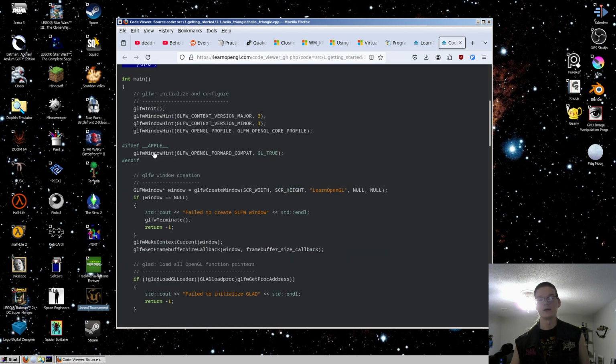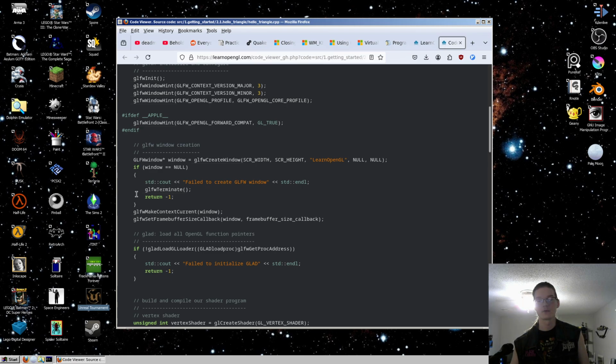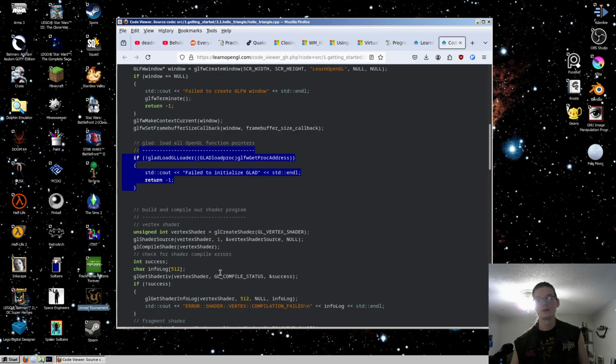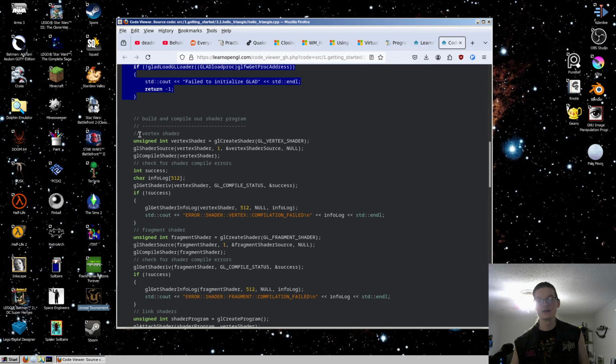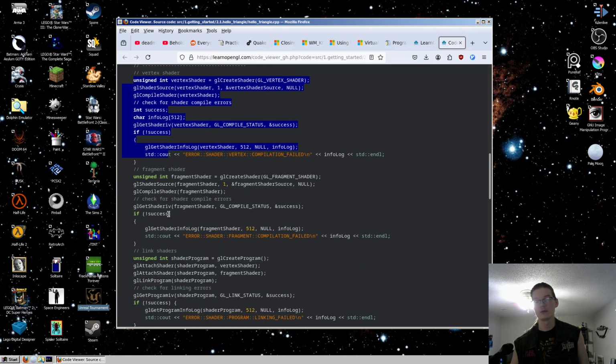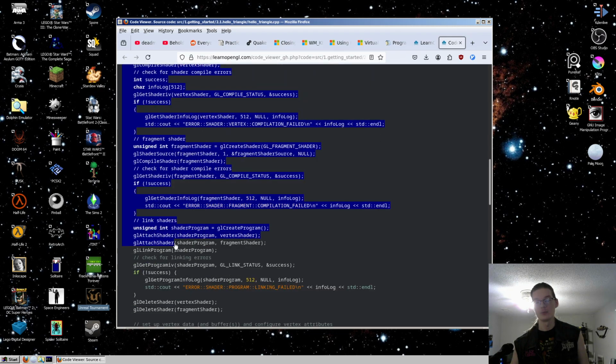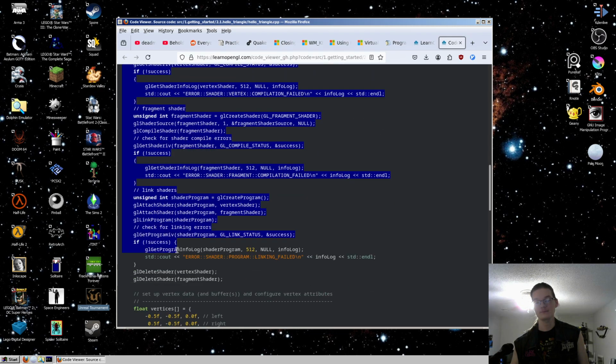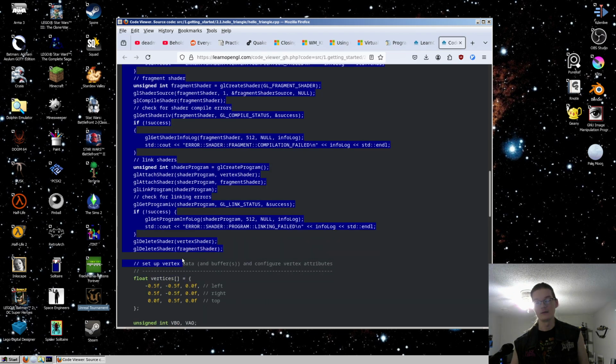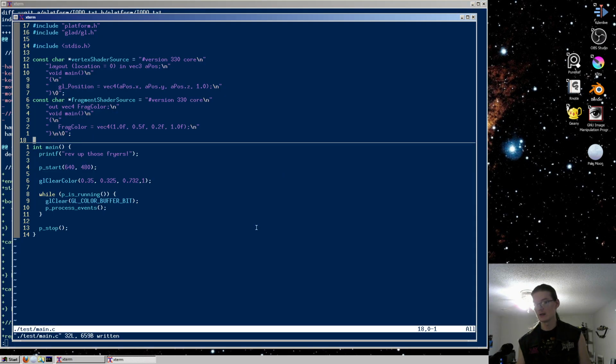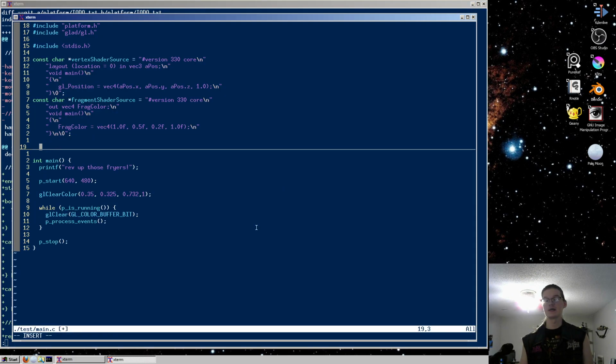Okay, next in here, they load GLAD, and then after they load GLAD, I'm just going to put all of this shader code into a helper function. So all of this here, this is basically just to load the shader. So we're just going to say, let's just say